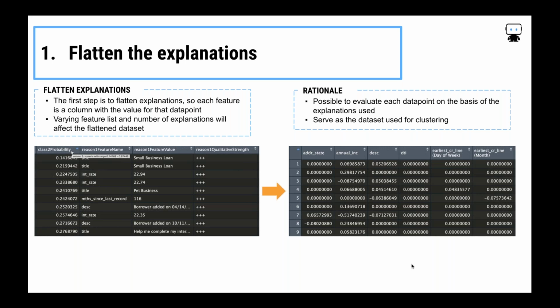But in order to use this for clustering, we need to reshape the data set to a matrix where each row is still that prediction, but each column is one of our most predictive features. So we can see that on the right, where we've transformed the column headers to be the features that were present in the explanation group, so to speak. So then what we're left with is each cell becomes the strength of that feature for that one prediction. So ultimately, we have this matrix of explanation strengths per prediction by features.